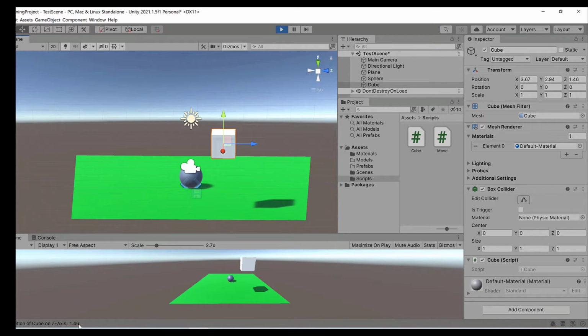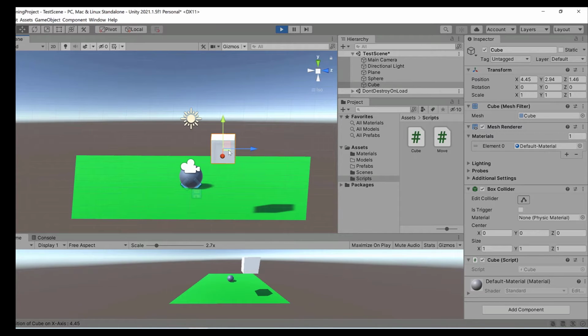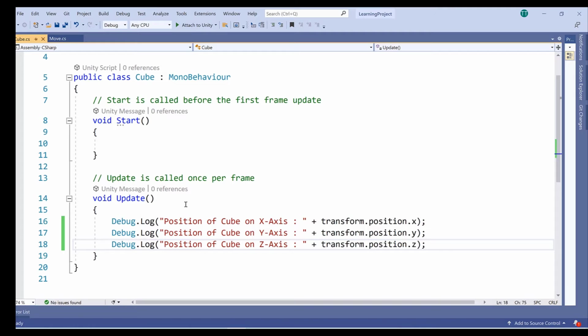z-axis position, see the position of this cube on the z-axis is 1.46, which is again current. Similarly, if I change this x-axis position, see the x-axis position is also updated. So using this transform game component, we can get the positions of different game objects. We can move up and down, we can move right and left using this transform.position